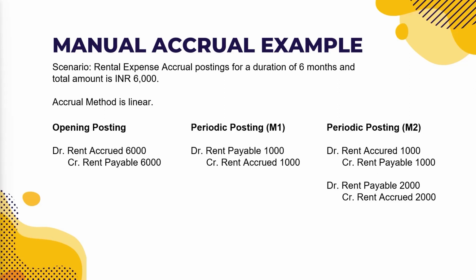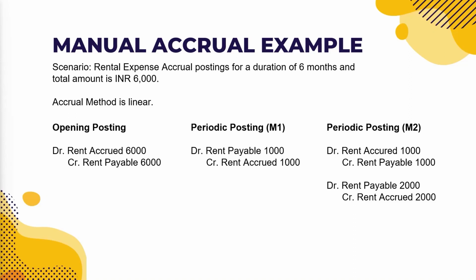So every month when you execute this periodic posting, as long as the accrual object is within the validity, the reversal posting happens for the previous month and the cumulative accrual amount is posted. As per the default behavior of Accrual Engine, the accruals posted for the previous month get reversed only when you are executing the periodic posting transaction at the end of the second month. But if you want to reverse the accrual postings of the previous month in the beginning of the next month itself, then you can do it manually by executing the transaction FSB1. This transaction can identify all the accrual postings based on the transaction reference that is present in the accrual document